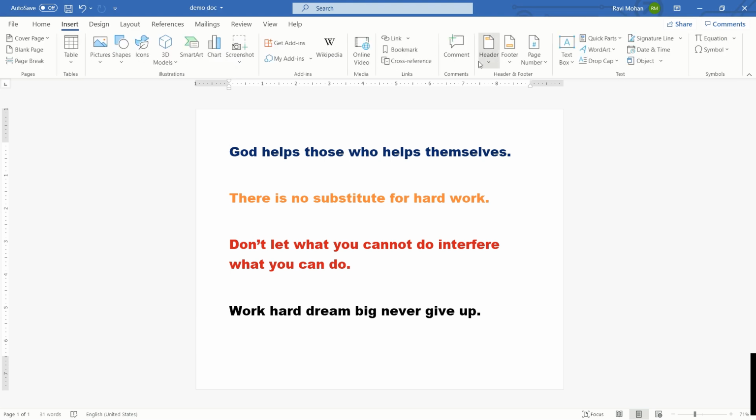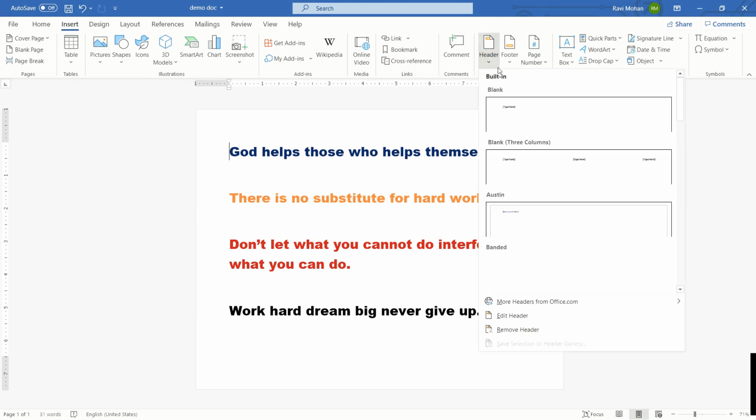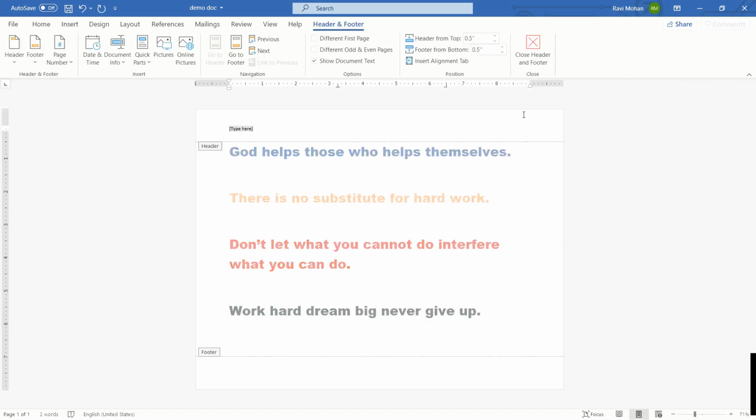Towards the right hand side, there is the option of header. With the help of header, we will right now be adding a text as a heading. You have seen as soon as I clicked on header, above the blank area, that is above the top margin, the cursor is available for me to type. Now I am typing here computer book.